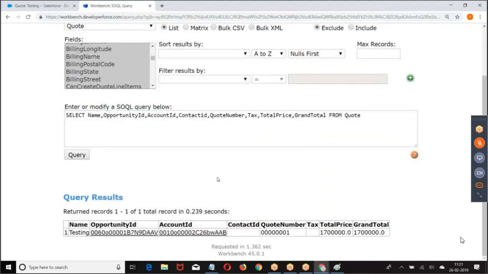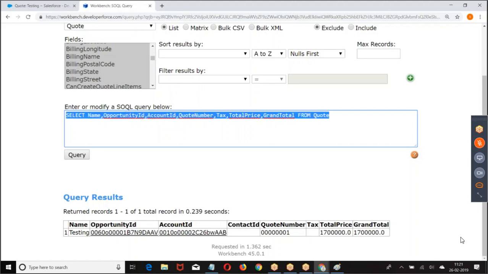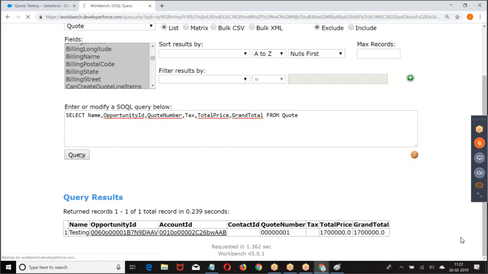This quotation is associated with which opportunity. This opportunity is associated with an account, contact, quotation number, tax, price, grand total. You get the fields? So we can make it simple: name of the quotation, opportunity, quotation number, tax, total price, grand total from quote.